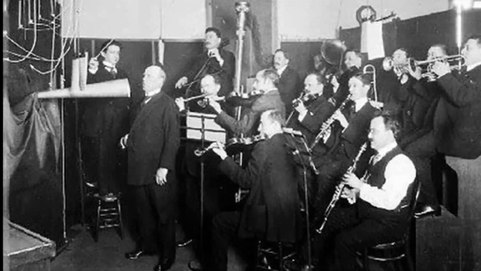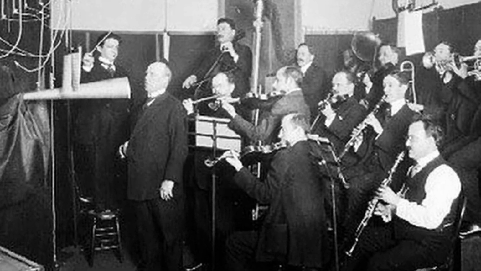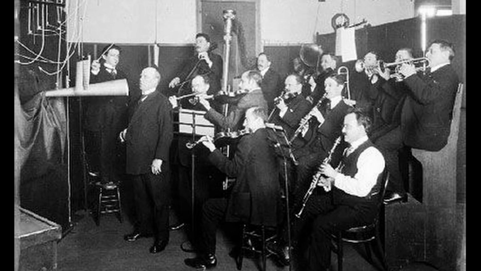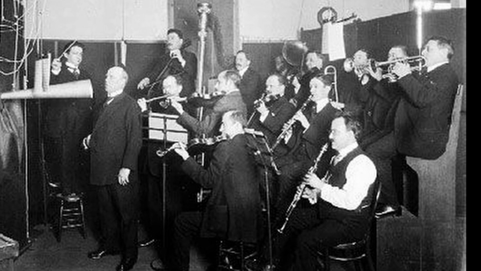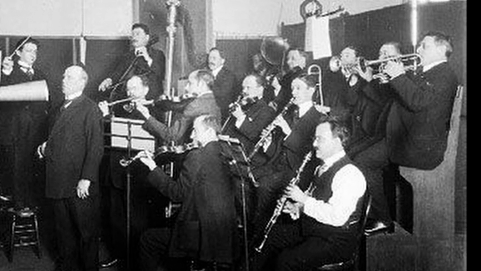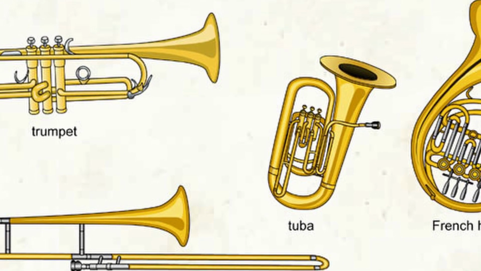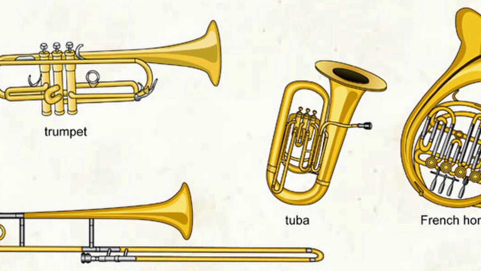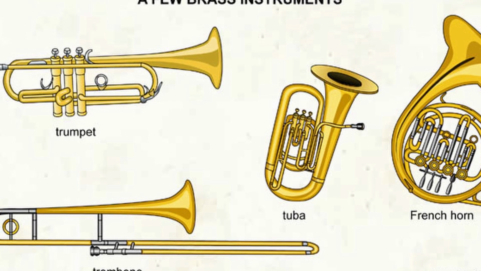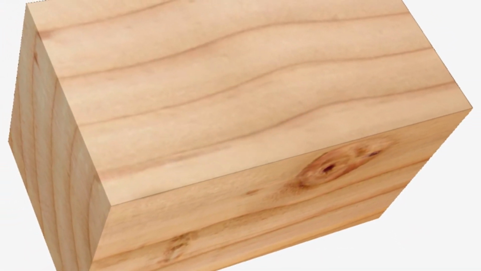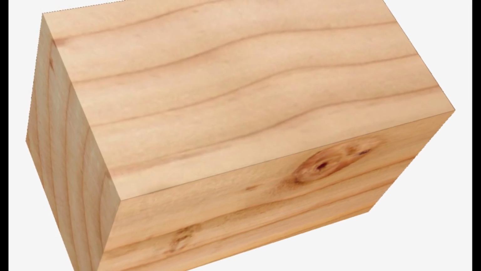Recording balance was achieved empirically. A performer who recorded too strongly or not strongly enough would be moved away from or nearer to the mouth of the cone. The number and kind of instruments that could be recorded were limited. Brass instruments, which recorded well, often substituted instruments such as cellos and bass fiddles, which did not. In some early jazz recordings, a block of wood was used in place of the bass drum, which could easily